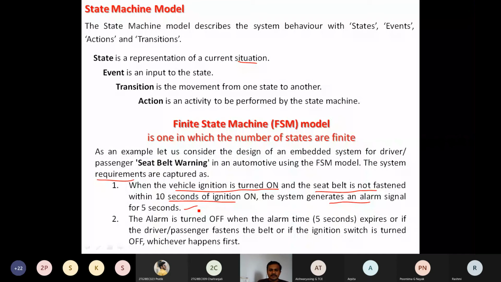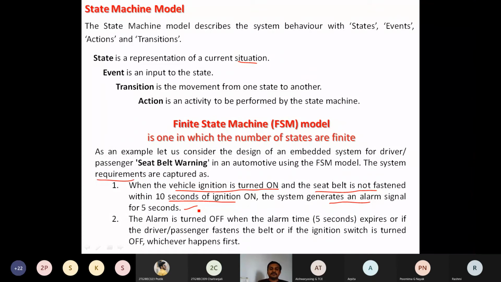ಅಂದ್ರೆ ನಾ ಏನ್ ಮಾಡ್ತೇನ್ರಿ, ಕಾರ್ ಸ್ಟಾರ್ಟ್ ಮಾಡ್ತೇನೆ. ಕಾರ್ ಸ್ಟಾರ್ಟ್ ಮಾಡಿದ ತಕ್ಷಣನೇ 10 ಸೆಕೆಂಡ್ ಒಳಗಡೆ ನಾನು ಸೀಟ್ ಬೆಲ್ಟ್ ಹಾಕೋಬೇಕು. ಹಾಕೊಂಡಿಲ್ಲ ಅಂದ್ರೆ ಅಷ್ಟೇ. ಹಾಕೊಂಡಿದ್ರೆ ನೋ ಪ್ರಾಬ್ಲಮ್. ಹಾಕೊಂಡಿಲ್ಲ ಅಂದ್ರೆ within 10 seconds, what is the time duration for sensing the data of whether it is fastened or not? The 10 second delay.